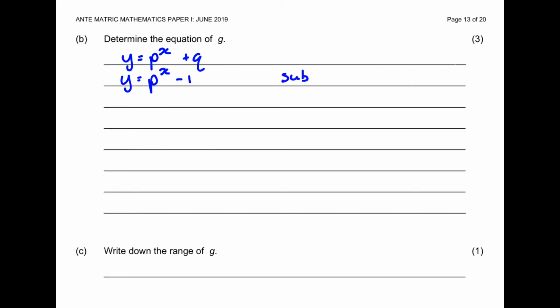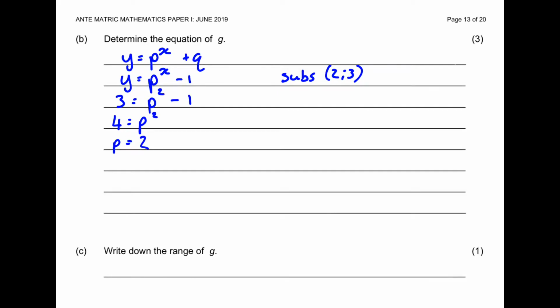Now we substitute the point (2, 3). Remember, (2, 3) is the turning point of the parabola, but it's also a point of intersection with the exponential function. So the y value is 3, the x value is 2, and we know that q is minus 1. So bring the minus 1 over, we get 4 is equal to p squared, and therefore p is equal to